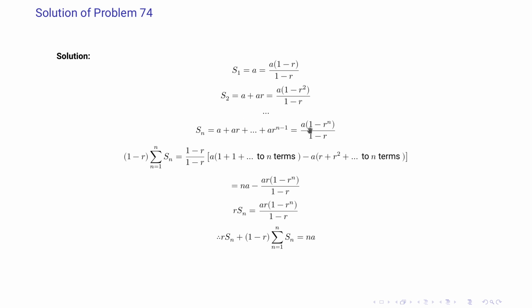What we have is a n times, and then we have minus ar square up to r to the power n. So this will get cancelled, n times a will become na, and we take out r common, ar into 1 minus r to the power n by 1 minus r. So r Sn from the formula we know is equal to ar into 1 minus r to the power n by 1 minus r. So when we add r Sn with this term, this fractional term will get cancelled, and what will remain is na, and that's how we have proved it.